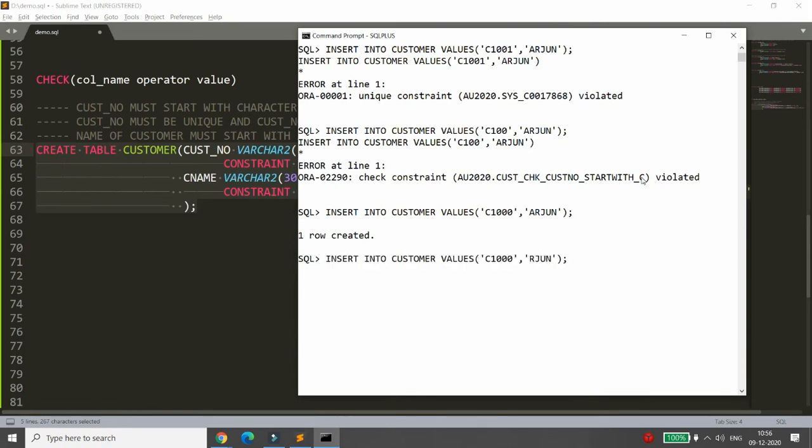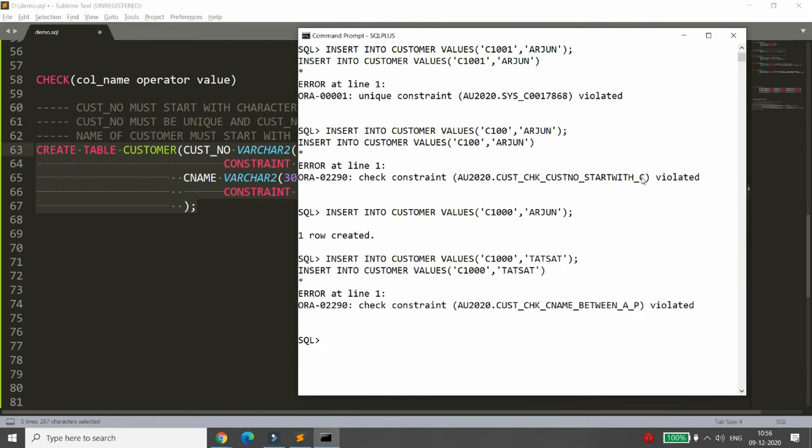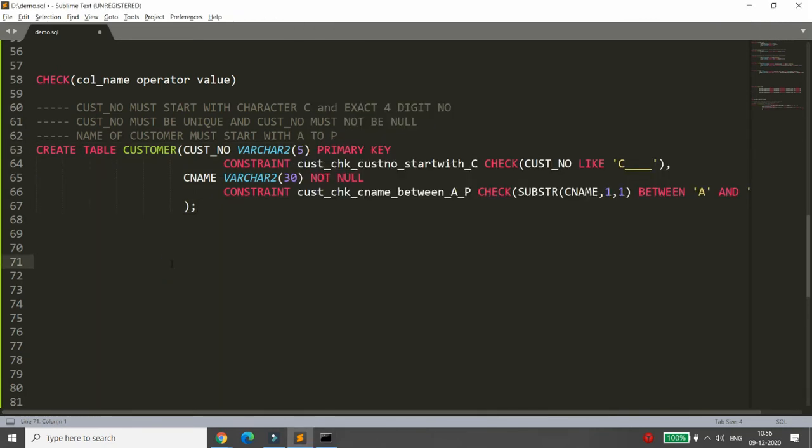But if I write here, for example, Tatsat, then it will give me an error that the name must start between A and P. Now I don't want to give only this. This is the simple check constraint you can say. But I want to give one more thing over here, and that is